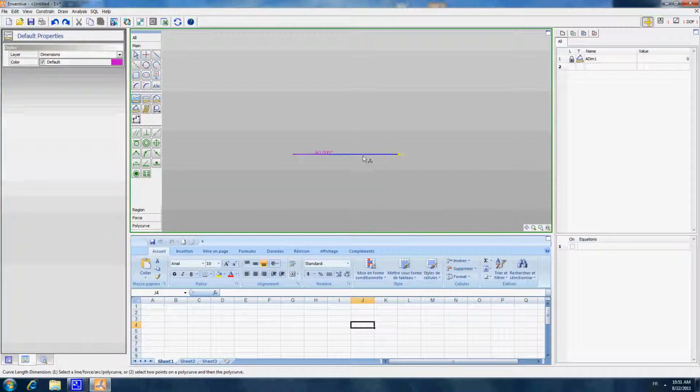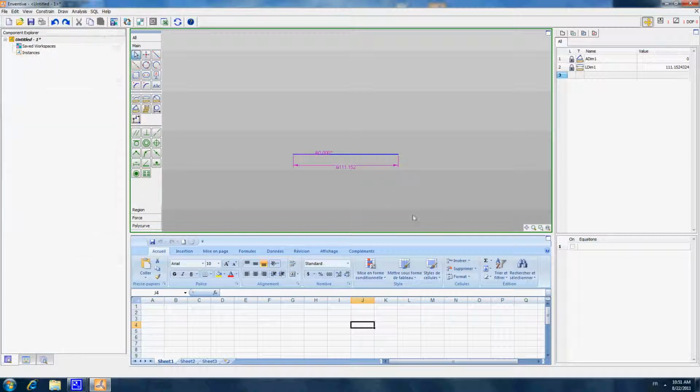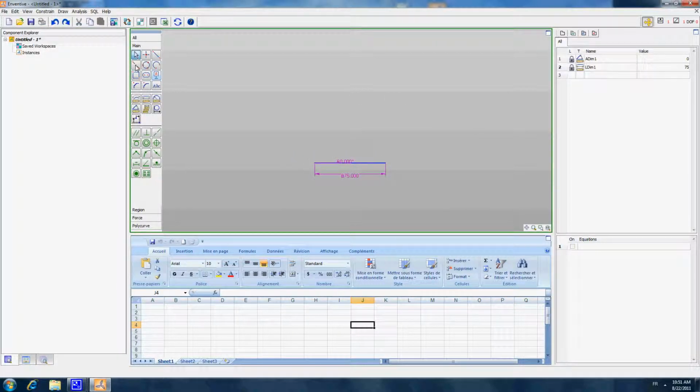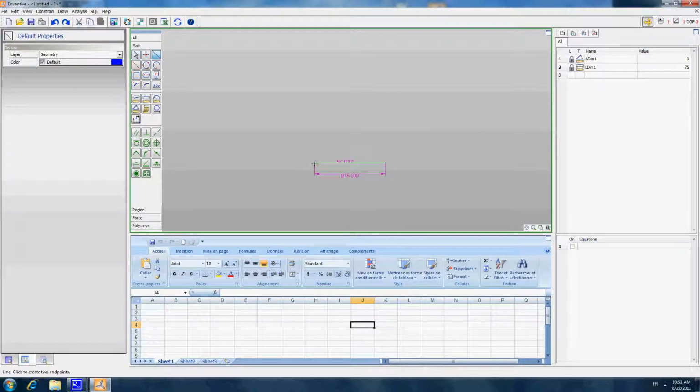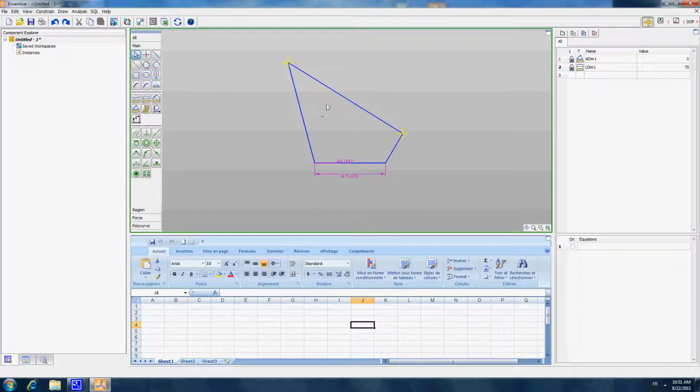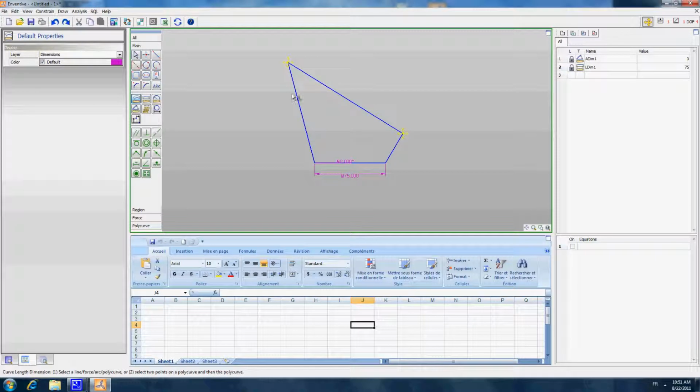And then I'm going to lock the length of the segment with a dimension. So we can redefine this dimension at, let's say, 75 millimeters. Then let's create the 4 other segments of this 4-bar geometry. So we still have 4 degrees of freedom due to the new geometry I have created. We are going to dimension them.